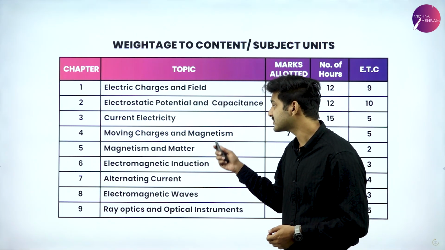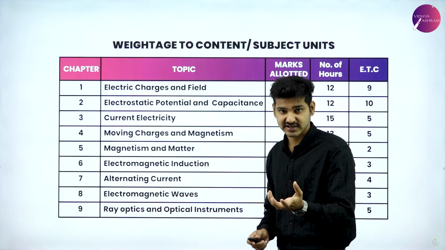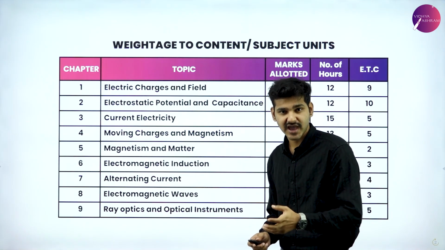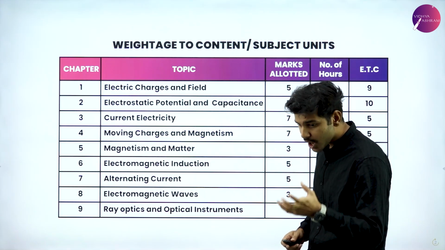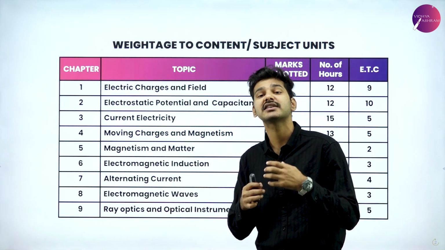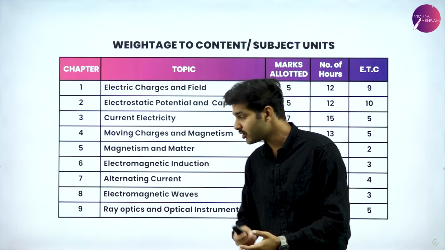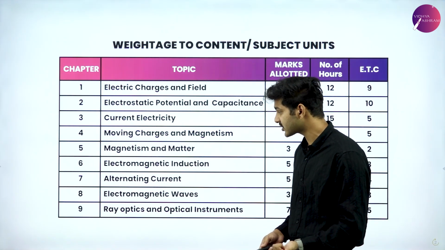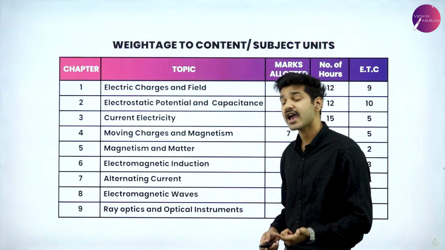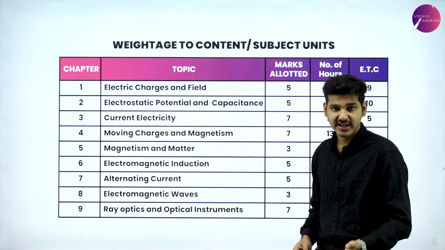So what happens when a moving charge creates a magnetic field? What is a magnetic field? What is magnetism? And all those basic properties will be discussed in these chapters, and how that magnetic field or magnetic particle behaves with the matter around it. Okay. And then we'll learn about electromagnetic induction, alternating current, and then we'll dive into electromagnetic waves,